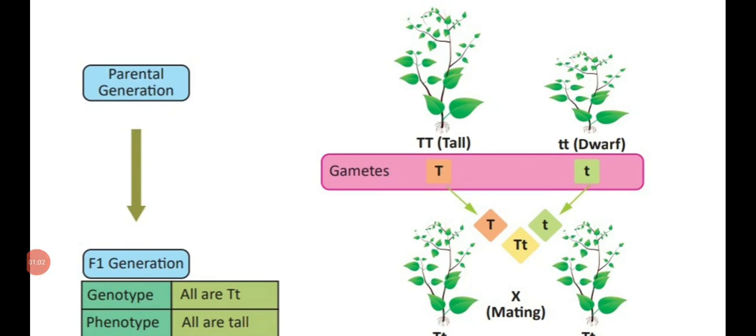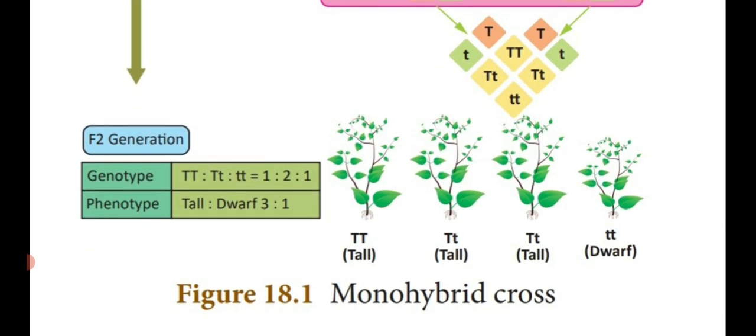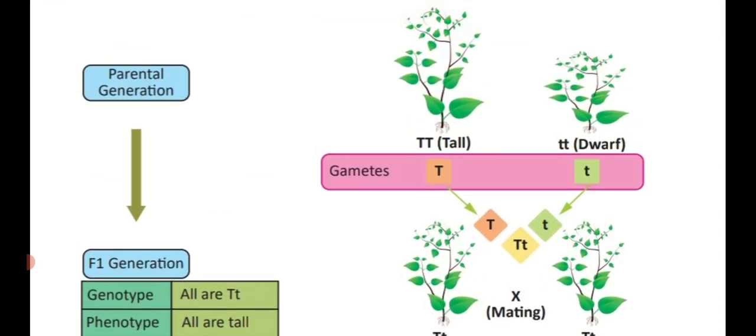Dear students, before entering into the topic, we are going to see the diagrammatic representation of monohybrid cross. See the parental generation. He has taken pure tall breeding pea plant crossed with a pure dwarf breeding plant. They are containing the genes in homozygous condition, that is occur in pairs. Capital TT is known as the dominant. Small tt is the recessive trait.